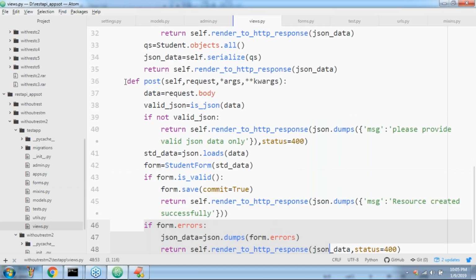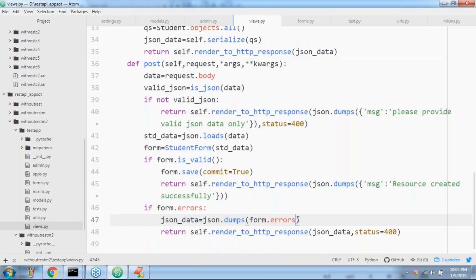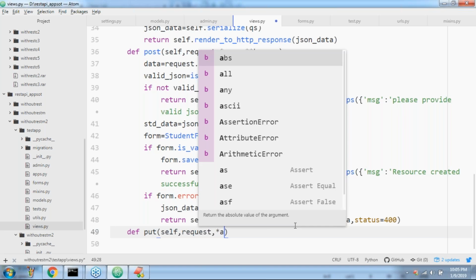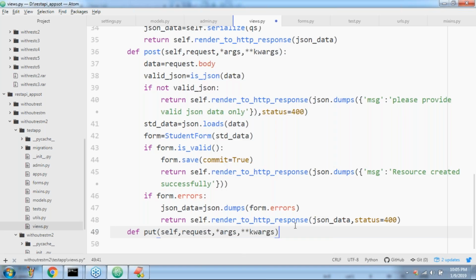Okay, this is the post method completed, right? Now the next one, what I want to take is the put method. def put of self, request, comma, star args, comma, star kwargs.